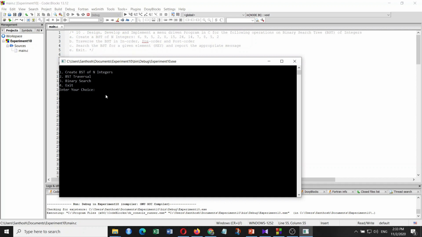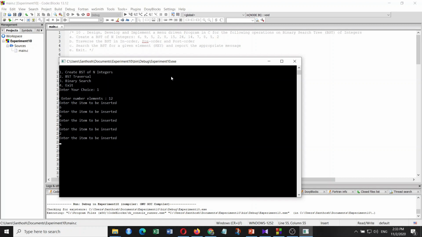Now I am trying to create a tree, so my choice will be first, and I enter the number of elements it asks for. As I said, you should be ready with the number of elements. It is 12. Enter the element item to be inserted. I'll be giving the same numbers specified over here. That is 6, the first element I'm giving. It should be the root. 9 is the right child. 5 is the left child of 6. I'm just giving the inputs. Let's see how it's going to construct.